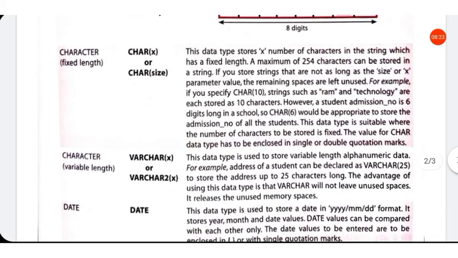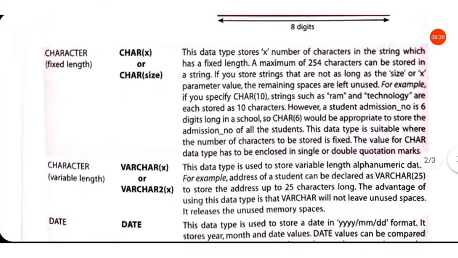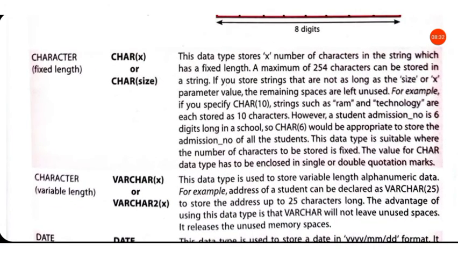Next one is the character data type. The character data type is represented as char x or char size. X is the size, the number of characters that can be stored in the particular column.